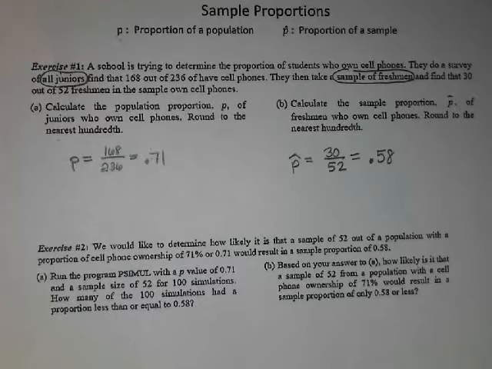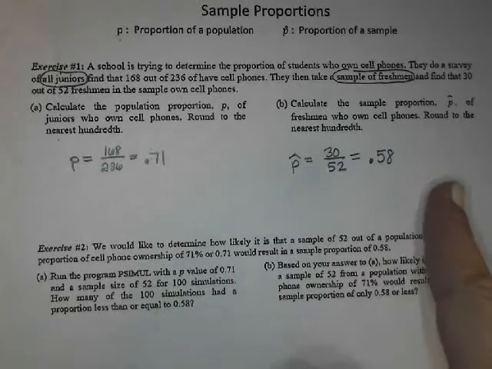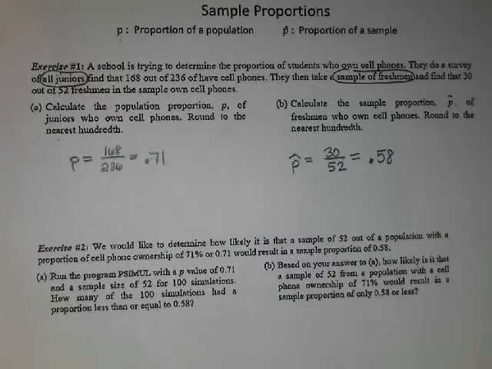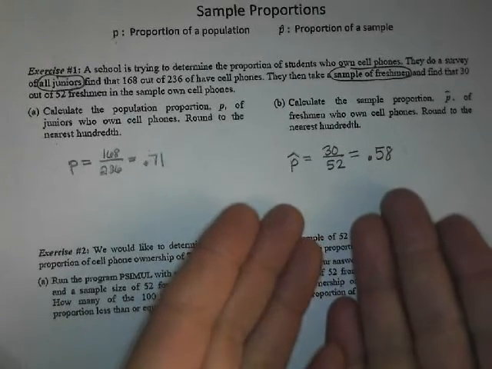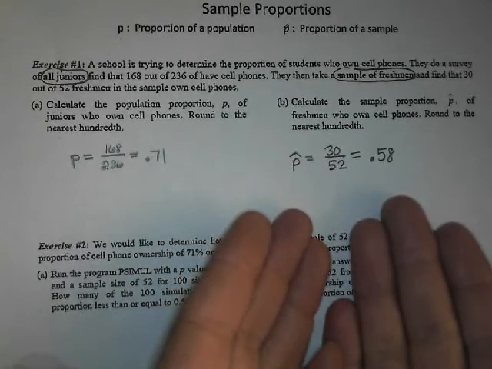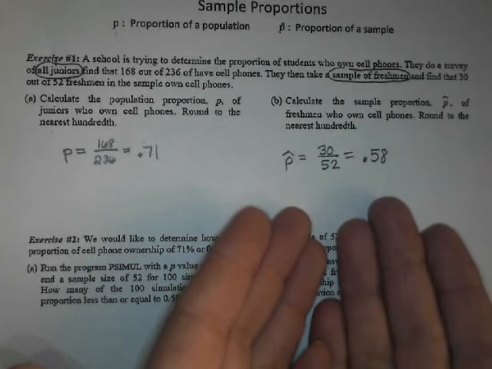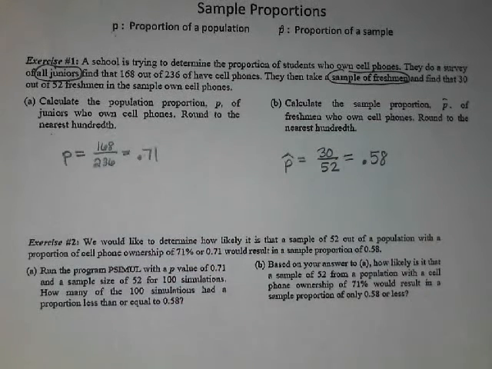Or the flip could have happened. We could have gotten lucky and actually had in our sample more people with a cell phone because we happened to be talking to a group that all have cell phones. So there's a little bit of luck involved when you're picking a sample. Who did you pick? If you get your sample randomly, and remember we talked about how important that word randomly is, if you get it completely randomly, the chances of something coincidental happening, like you coincidentally talking to all the kids without a cell phone, are much, much less,